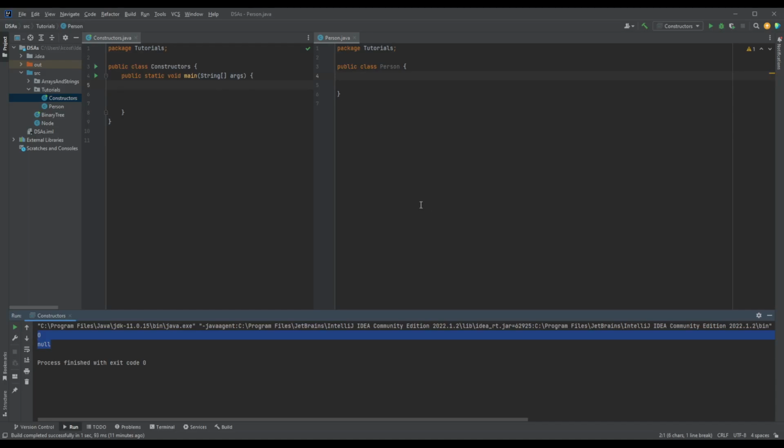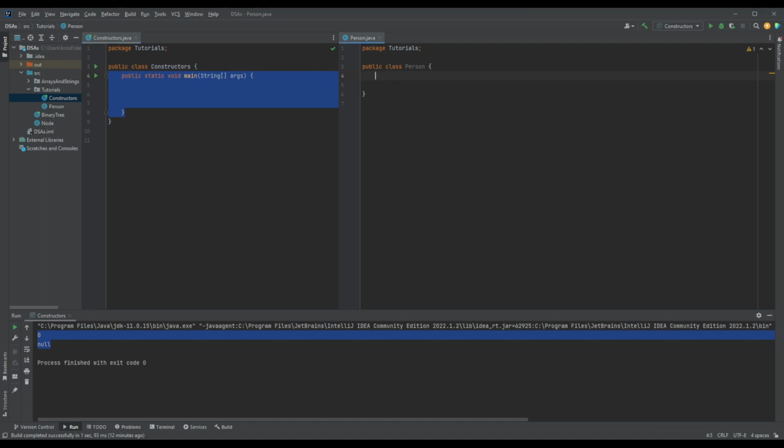Hello everybody. In this video I'm going to briefly touch upon constructors in Java and why they can be very helpful and useful. So in this example, on my screen I have a class on my left which is just going to have the main method to demonstrate the functionality. And on the right I've created a class called person which will just hold some basic pieces of information about